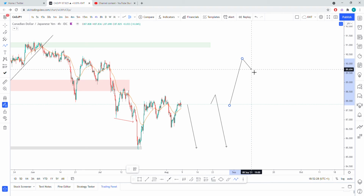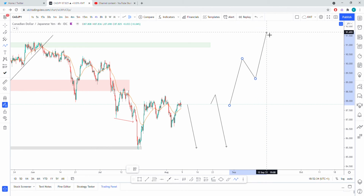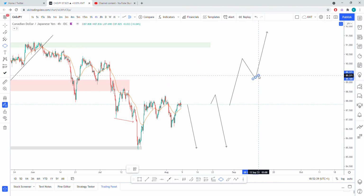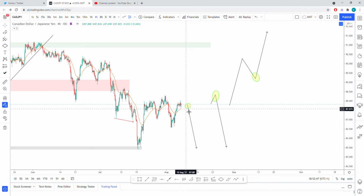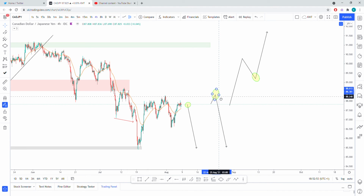If we do get above this level, then pretty much what we'll end up doing is just letting price action do its thing and then see if we can get a retest and look for those continuations. So again, if this does want to start to rally up higher, then we're pretty much going to have to wait for next week's opportunities or so, because we need to try and find that retest before we get an entry. But if possible for this week, if price does want to sell off,